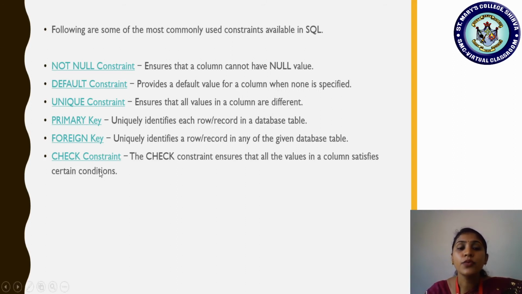So we can use which constraint? Check constraint. With the help of this constraint, we can check whether the value the user has given is within the list of values. What is that list of values? We should provide the list of values among which the value has to be checked. So while adding this check constraint, you should give the list of values which are valid, that is first, second, and third.